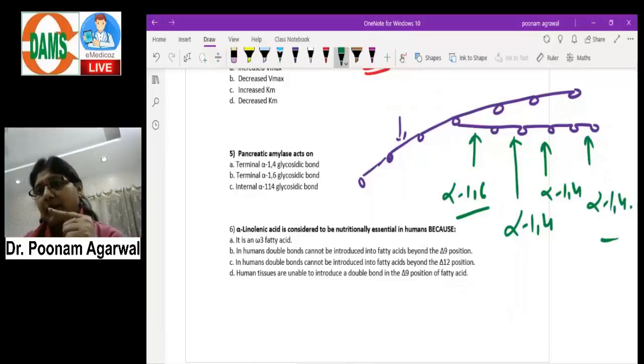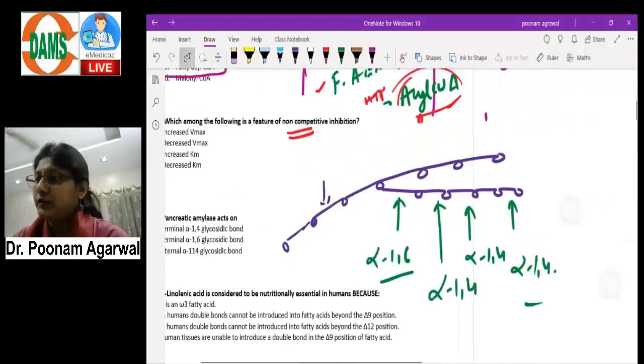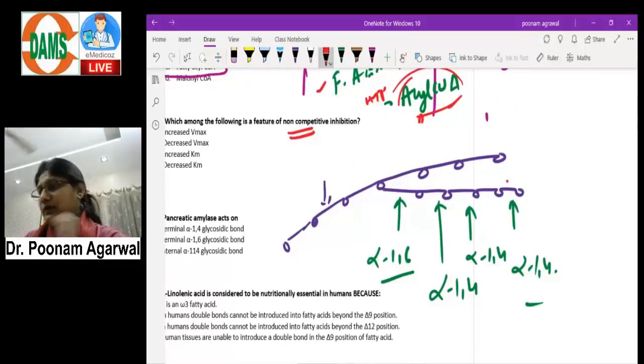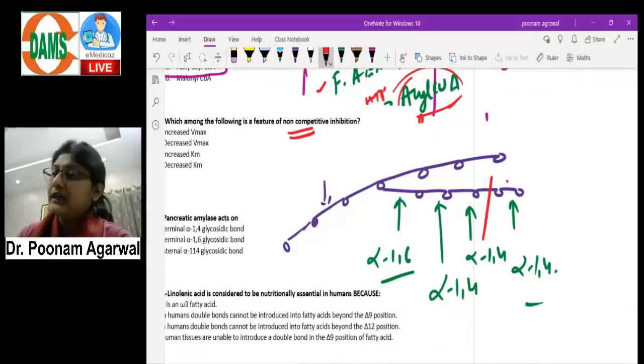If you're talking about the pancreatic amylase, this is going to digest this glycogen or starch into simpler form. And please understand that this amylase is not going to act on this bond, that is external most 1,4. Rather, the characteristic of pancreatic amylase is that it's going to act internally. Internally, remember this word, internally means the internal, not the external most 1,4 bond, but the internal 1,4 bond is